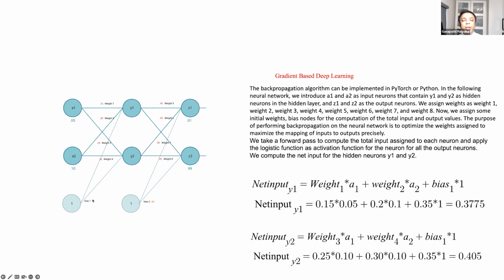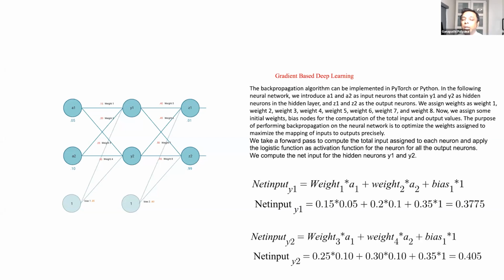And here we're just initializing the weights of these neurons. These are the weights we are initializing. Each weight is given a name, and then we initialize some numbers. This initialization is just calling a function, and it will initialize all of that. But I'm showing here the initial weights that we're going to assign, so that we know what weights we're going to have here. So these are all the weights we have, and we've also initialized weights for the bias nodes. The purpose of performing the backpropagation is to optimize the weights.